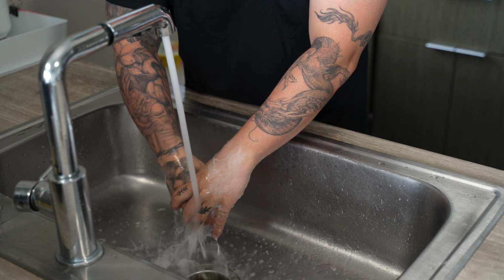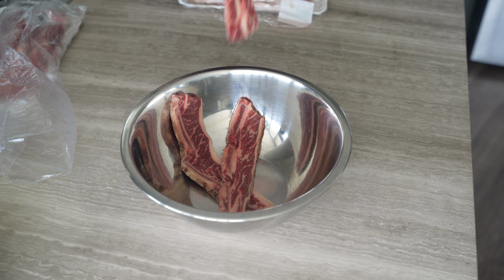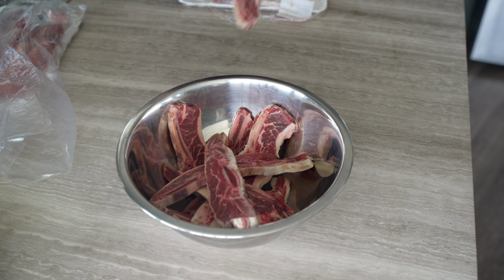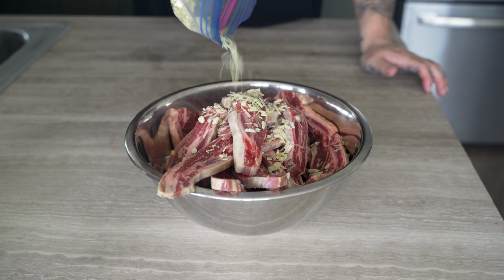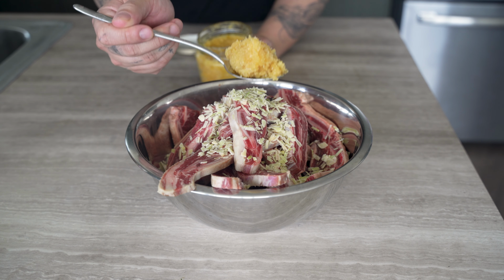Alright y'all, remember to wash your hands. Short ribs are kind of pricey, but I bought these on sale for about $9 a pound. Then we're gonna marinate that with some lemongrass that I minced in a food processor earlier, a tablespoon of minced garlic,